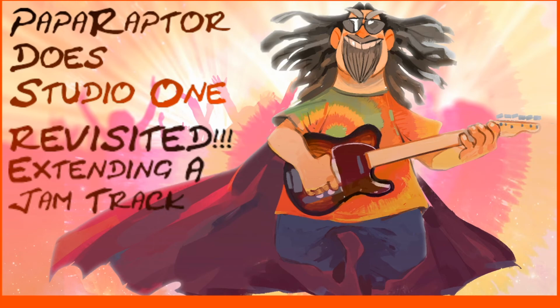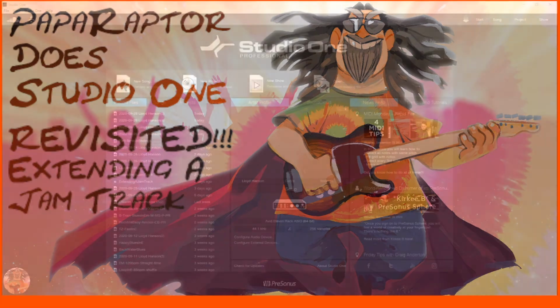Today we're revisiting extending a jam track. We already did one video on this, but this is actually a little more refined version, and it's one of those cases where as soon as you figure out something and commit it, you find that there's an easier way, or at least a faster way to get it done. So without rehashing a lot of the same information that we had in there, we're going to launch right into